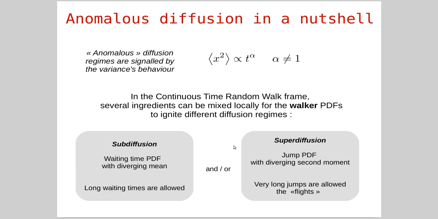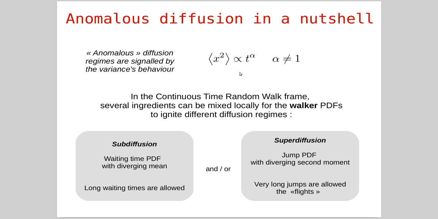First, anomalous diffusion is defined on continuous media and lattices through the variance behavior. In normal diffusion, this variance scales as the time, so alpha, the exponent, will be 1. But when you encounter anomalous diffusion, you might have that this alpha exponent is different from 1. So you might ignite the different regimes through